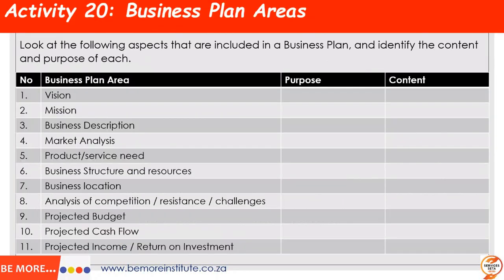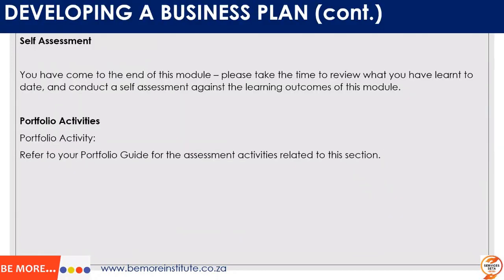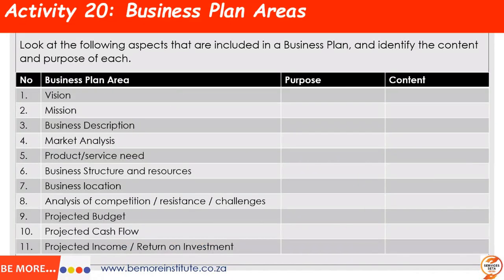So we've come to the end of our session. Basically, this is the last exercise under this module. All the stuff that we've included in here: your vision, your mission, your business description, market analysis. This is how you will summarize your business. You understand what a vision is, what its purpose is, what is specific to your organization. Then you put in the content of what the vision of this business is, and going down,